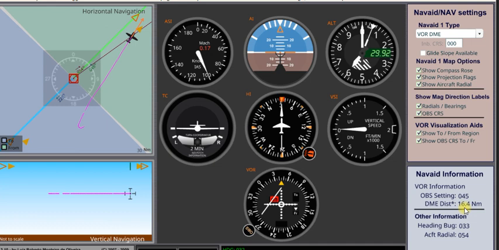I'm going to pay attention to how much DME we gain. And I'm going to do this rate process, because I know when that CDI hits this dot right here, we've got 2, 4, 6, 8. We have 8 radials. So if we're doing a mile per radial, then I ought to see 12 over here. If we're doing 2 radials per mile, or 2 miles, whatever ratio you want to use,